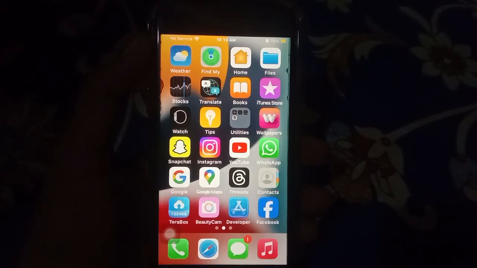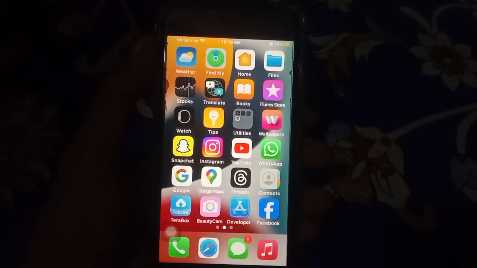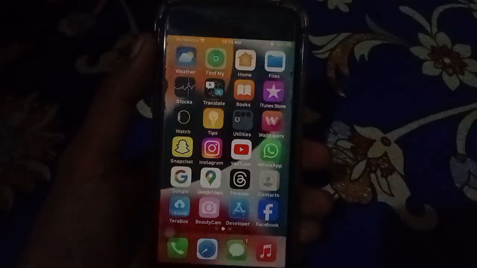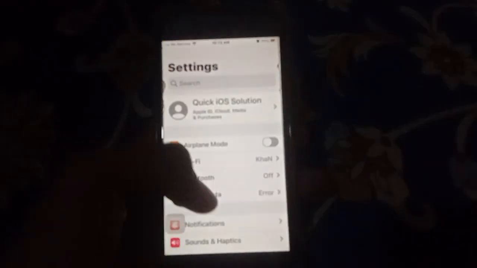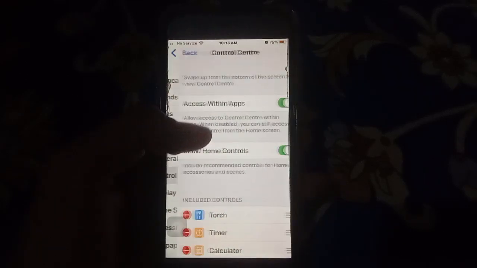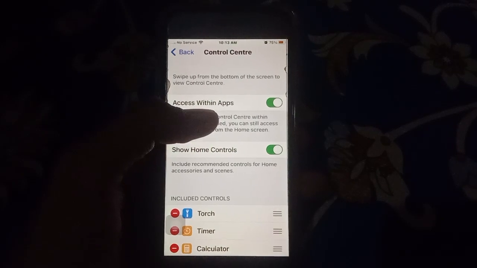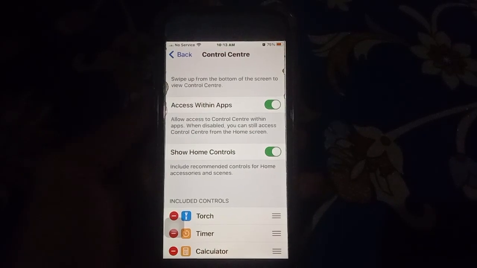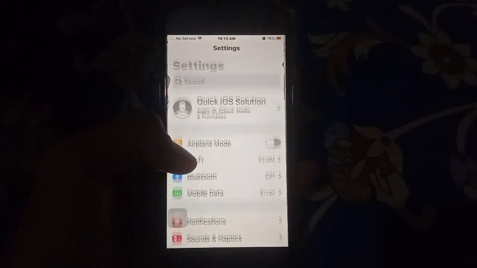If the first solution is not working, here is the second solution: enable Control Center access within apps. Open Settings, click on Control Center, then Access Within Apps, and turn it on. If the second solution is not working on your iPhone,